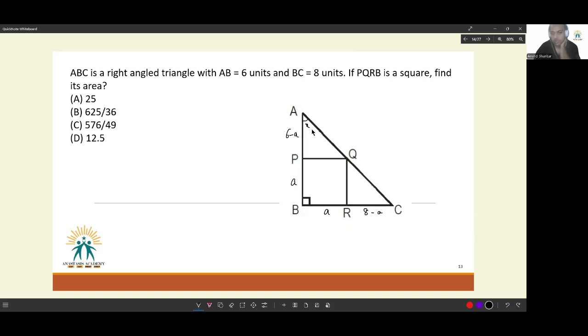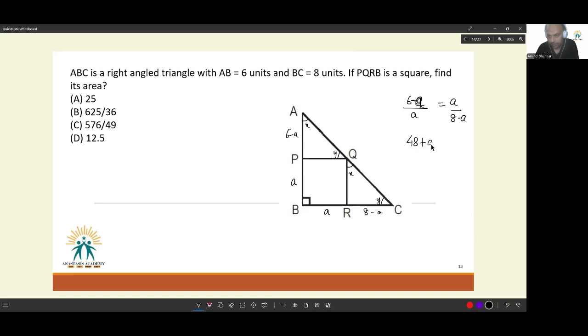Now, if this is X, this is Y. So this is Y, this is X. Opposite to Y, I have A. And opposite to Y, A, PQ and QRC have to be similar. Same set of three angles. So opposite to Y, I have 6 minus A. Opposite to Y, I have A. Opposite to X, I have A. And opposite to X, I have 8 minus A. So we can get to